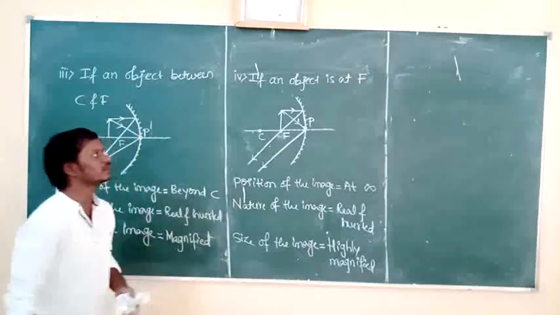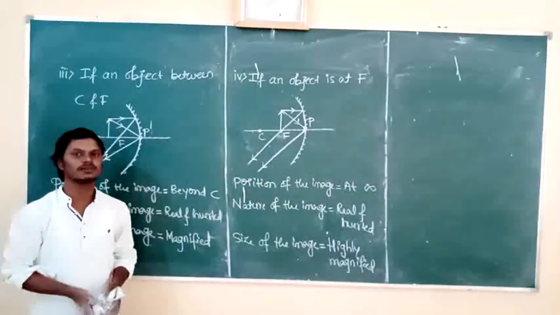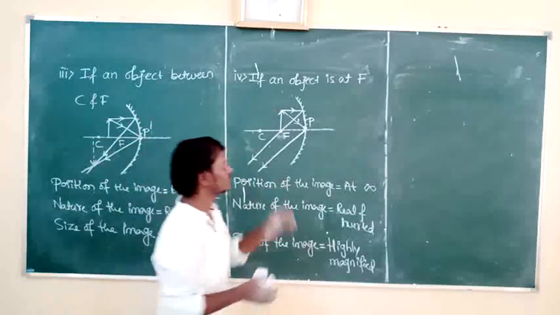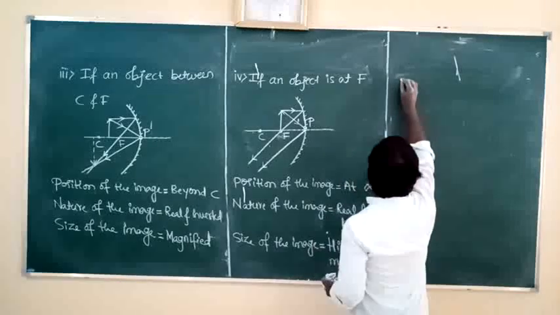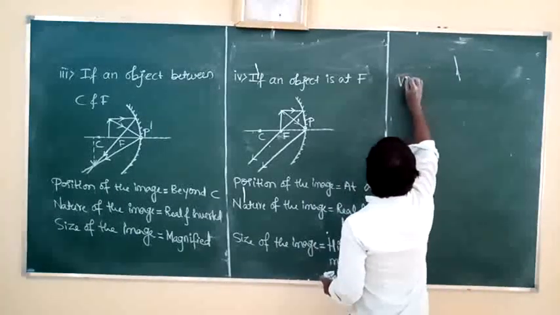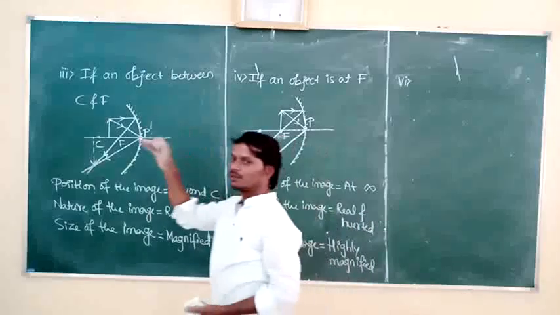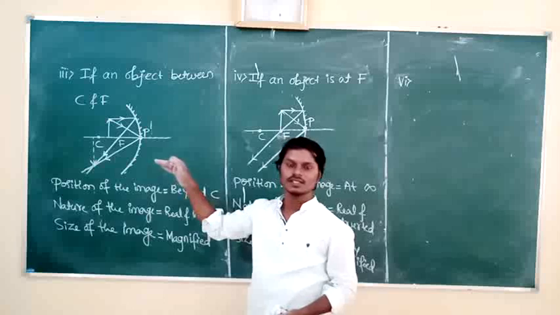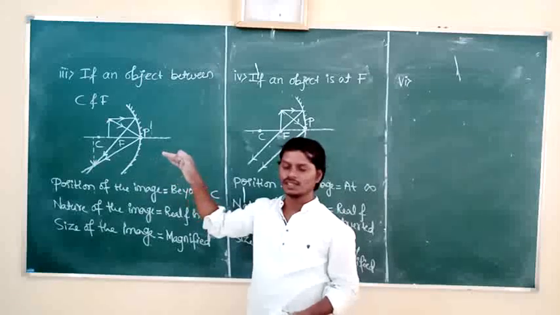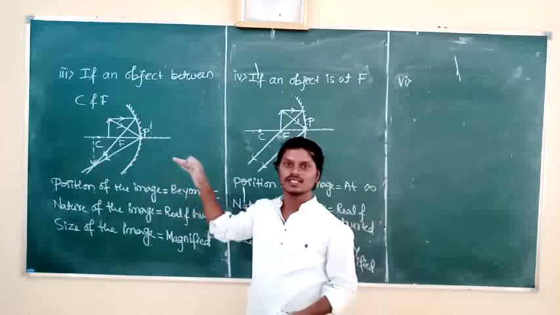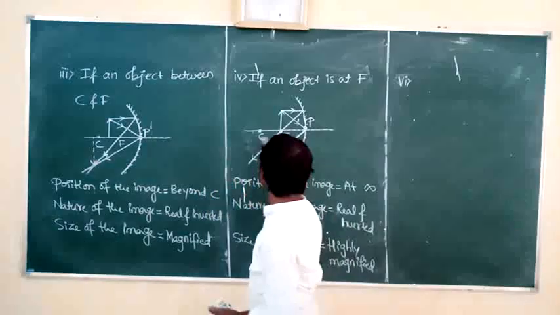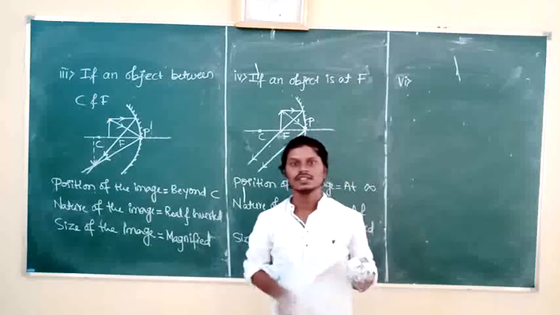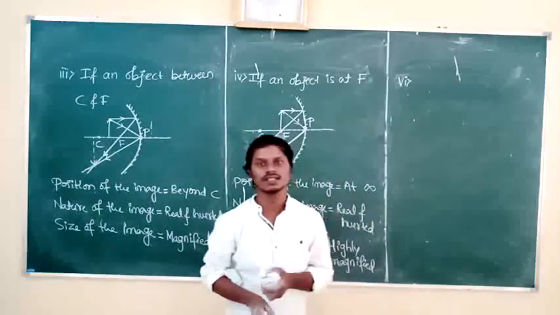At what position of the object is the image highly magnified? At the position focus, that is here. The next, last one, sixth case. So initially where is the object? Object is at infinity. Next we brought that object from infinity to beyond C. After that in between, after that at C. After that in between C and F. Now at F. Now next we are going to discuss when the object is in between F and P, meaning principal focus and pole.